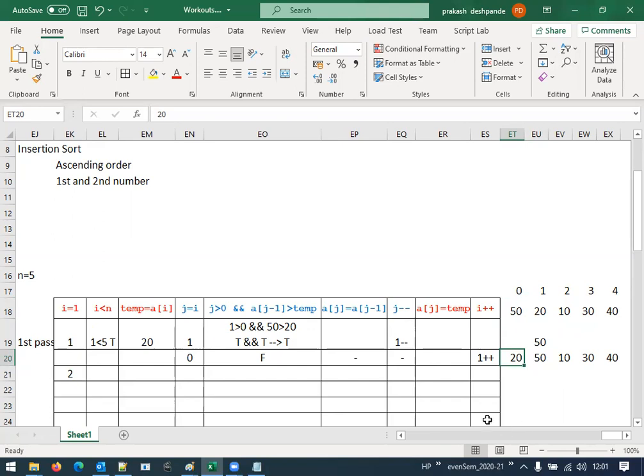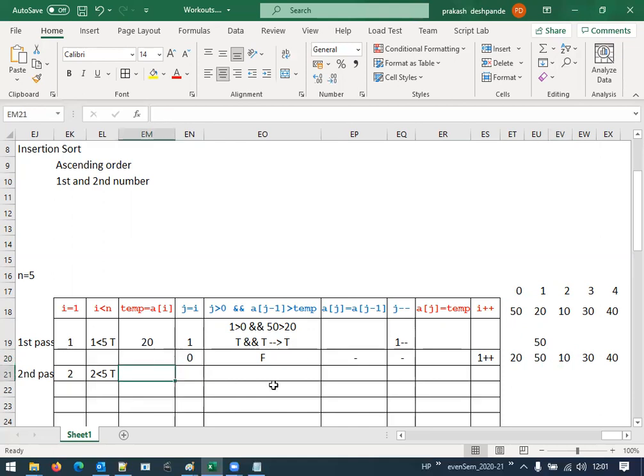Okay. Now, for the next time, that is for the second pass, now we start from the next number, that is the third number. Now, look at here. i value is 2, 2 less than 5, condition is true. Temp is going to be a of i. With i as 2, a of i here is 10, right?